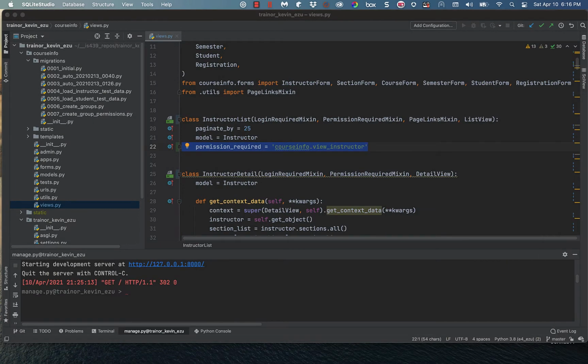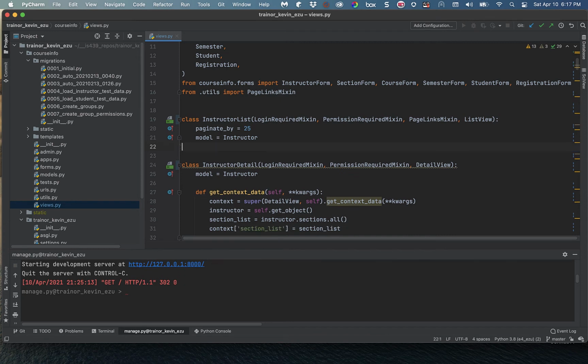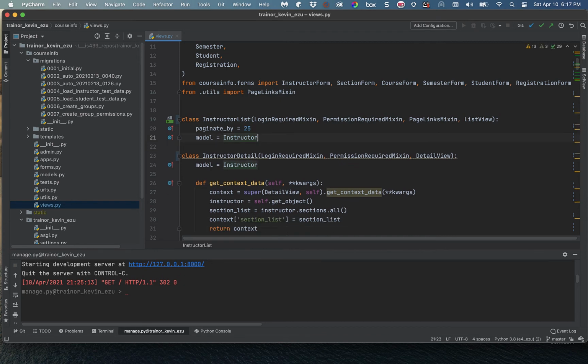Now let's just pretend that we didn't have the code under instructor list that we have. I'm just going to highlight that line and get rid of it. Okay, all right. So what I can do for instructor list and for instructor detail, right up here under the class header where we have these assignments to instance variables, we just want